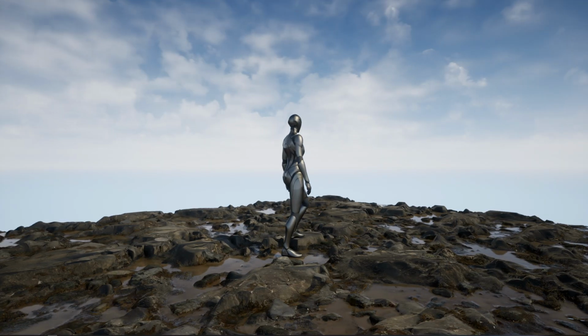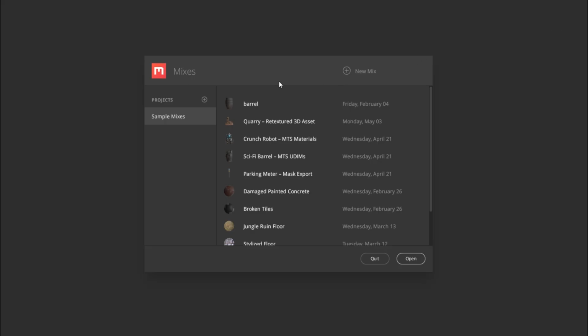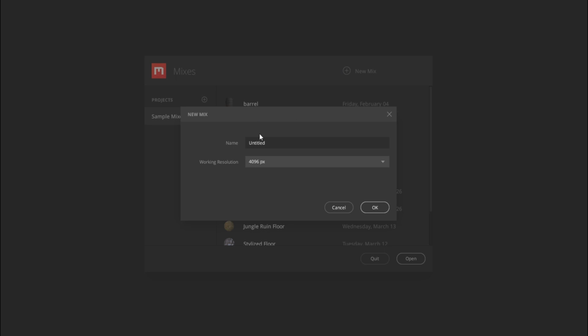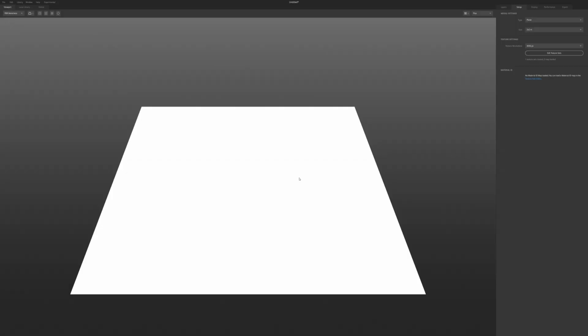All right, so I'm going to move over to Quixel Mixer to get started. All right, so I've opened up Quixel Mixer here, and I'm just going to select New Mix from the splash screen, and I'll just leave it as untitled, and I'll select 4K as my working resolution. So by default, you get this plane, and of course you can select a different 3D asset, a custom model, or a different size of plane here, for example. For this example, I'm just going to work with this default size 2x2 meter plane,